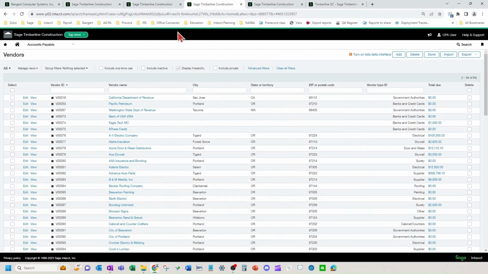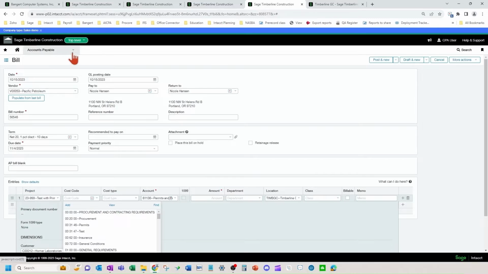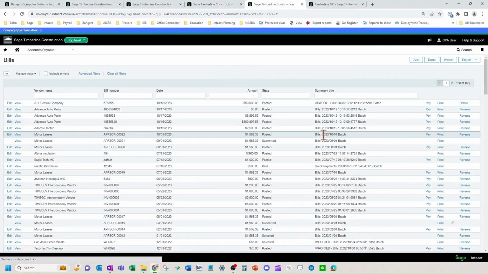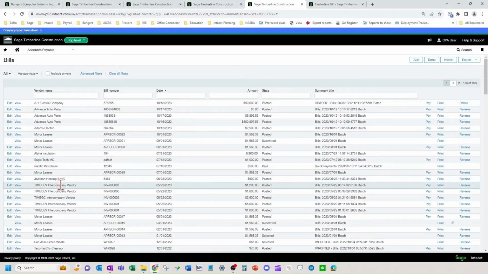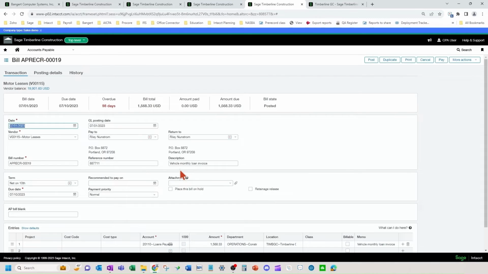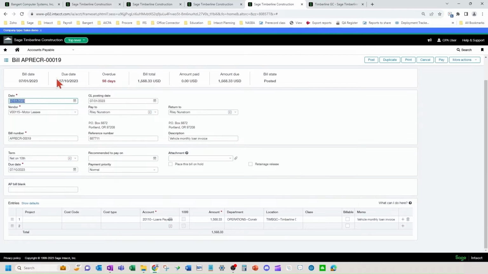Now, depending on your settings, you can reclassify or edit a bill to get the 1099 box correct. So, for example, if I don't have a payment on a bill and I have my settings in accounts payable configuration set to allow me to edit bills, I can change this amount here.